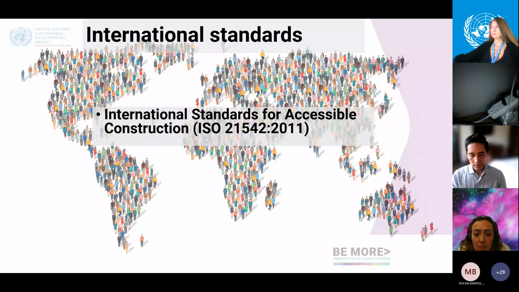There are 7 principles of universal design. And these principles are, first one is equitable use. Equitable use meaning that the building can be used by everyone, as we said, regardless of their disability, without any additional alterations. Flexibility in use, meaning that the same building can be used by users who are using wheelchairs or crutches or walking frames or any kind of assistive and adaptive device. It should also be simple and intuitive to use, meaning that it doesn't have to be so complex.